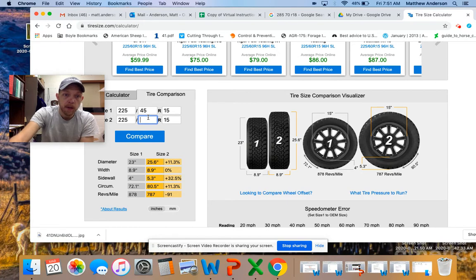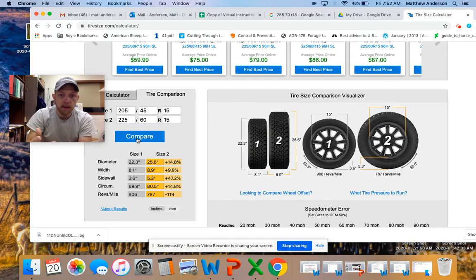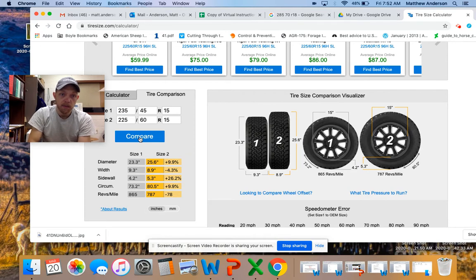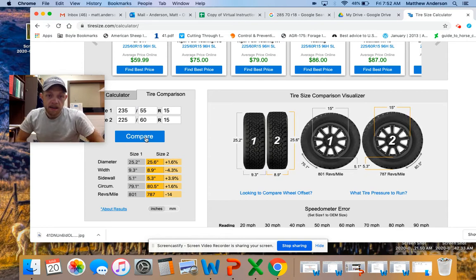Now, if it were like a 205 60, well, we're taking that percentage of the 205 here. Or if we did a 205 and a 225. So these are kind of fun to play around with. You can see just how much changing one number can play into the size of the tires, or a 235 versus a 225, or whatever it might be. So again, as a consumer, you can do some research and see what your